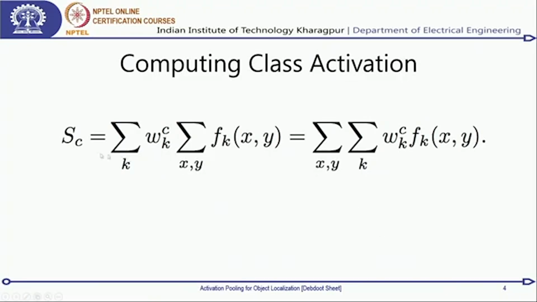Over here what happens is quite simple. We need to find out these weights W_k^c. K represents one particular channel, and c represents a particular class, and S_c is the total activation for that class as a result of that final classification neural network. This inner summation, over x comma y of f_k(x, y), sums up all the activations in a given channel. Now, k is the channel over here, and then you have a weight associated with the channel,